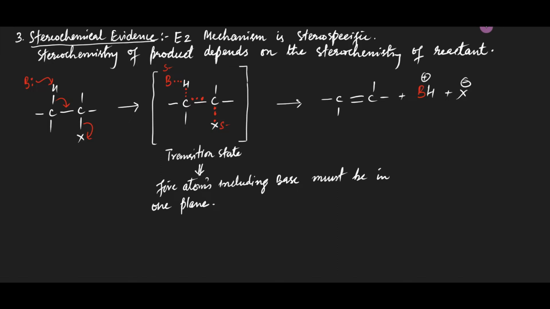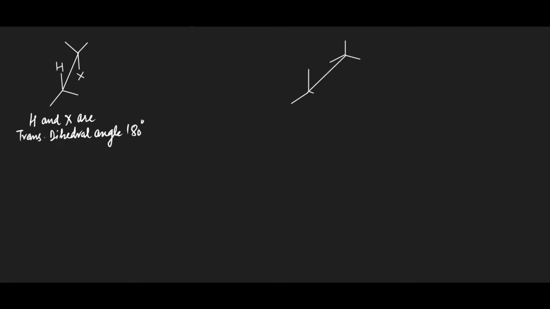Which means that, alpha carbon and leaving group bonded to it, beta carbon and the proton bonded to it, as well as the base that is going to abstract this proton must lie in one plane. There are 2 ways for this to happen. One way is this arrangement, in which H and X are trans with dihedral angle of 180 degrees. Another way is this arrangement, in which H and X are cis to each other with a dihedral angle of